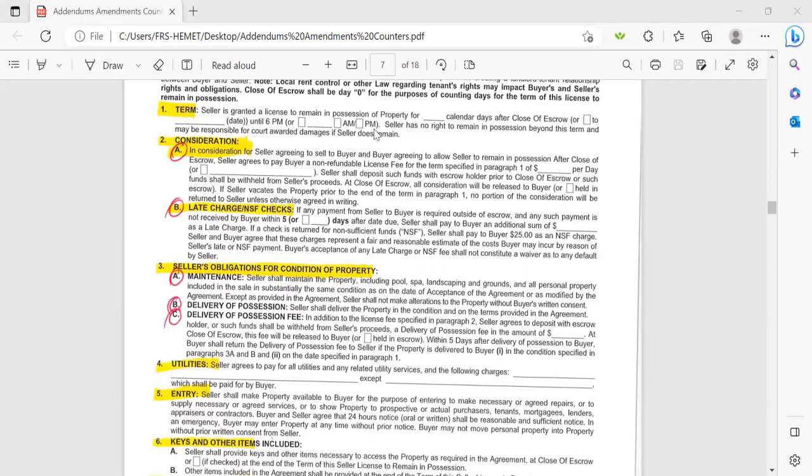court awarded damages is the key, because it's not just up to us to say, okay, well, you know what, you weren't out in time, so you owe us $500 or whatever that number happens to be. If you have it in writing,